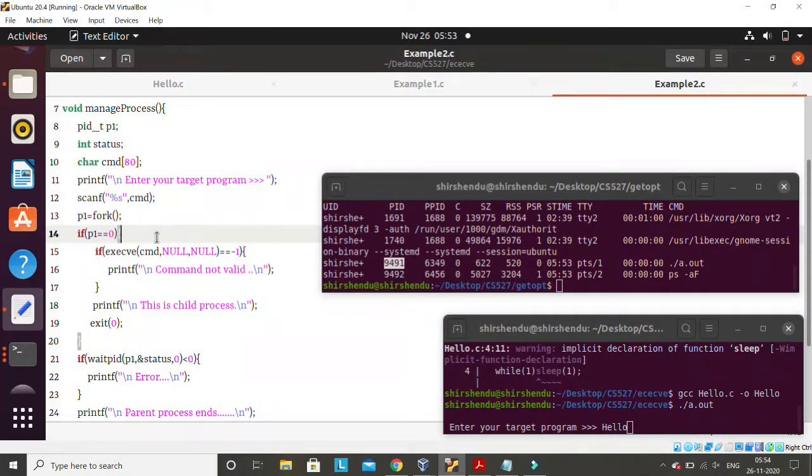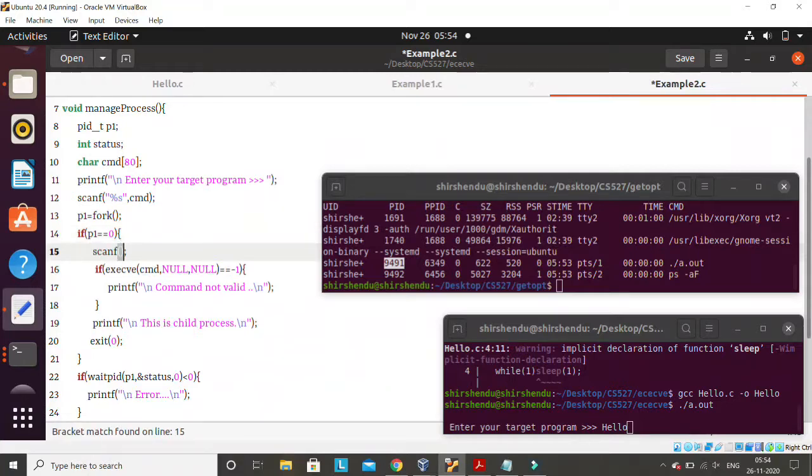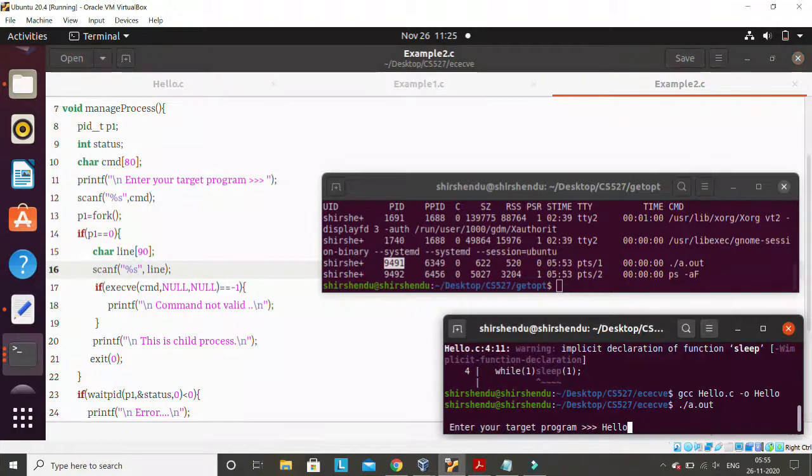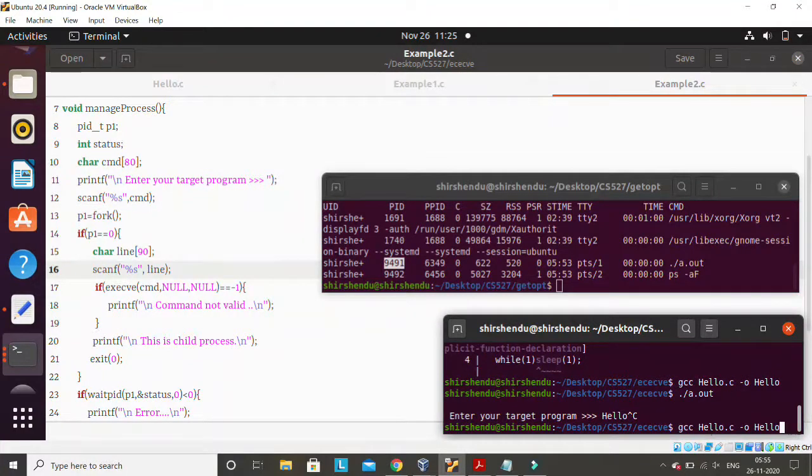Let me add one more logic here in this program to make this example more clear to you. The logic added here at line number 15 and 16 is very easy. I'm just using a scanf here, so that the control will wait for the user to enter something. My main intention here is to make this program wait for some time. That's why I'm using scanf, but this line will be used in the next example. So I'm doing both tasks together.